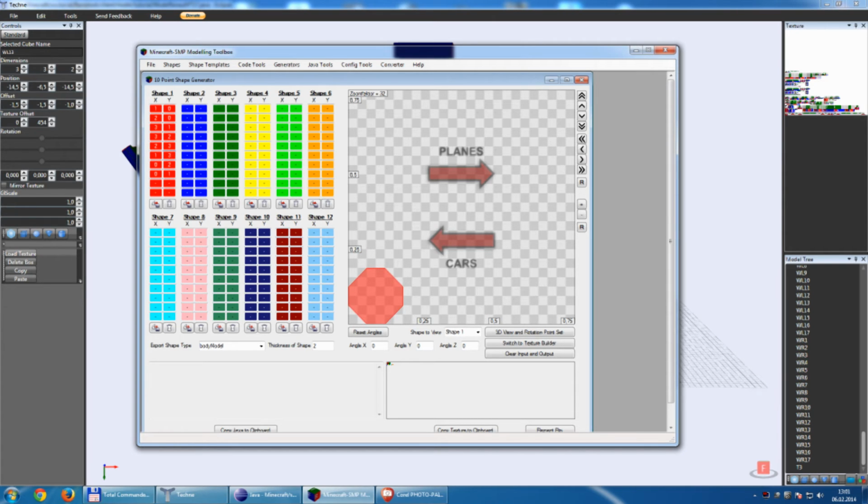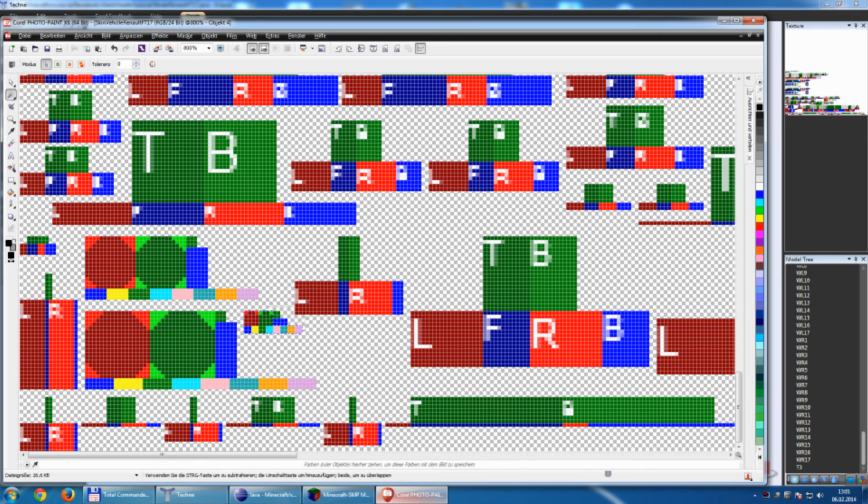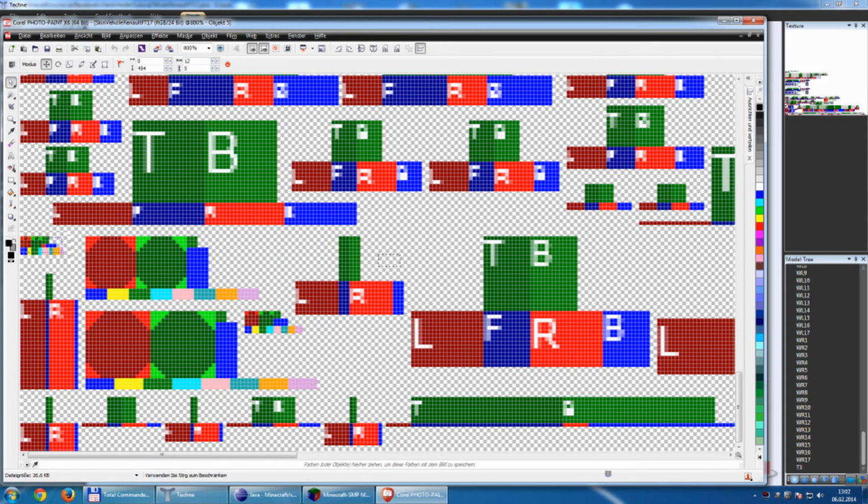So now we have a little bit smaller version of the 4-wheel, and also generate, copy the texture, paste the texture, cut the unneeded part, move it to the correct place,